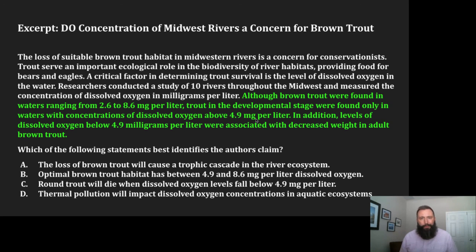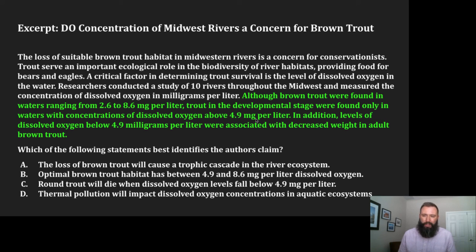So think about this for a moment. Trout in that developmental stage need to be within their optimum range in order to survive. Sure, the species can survive at 2.6, but in order to grow properly, we've got to have at least 4.9. In addition, levels of dissolved oxygen below 4.9 milligrams per liter were associated with decreased weight in